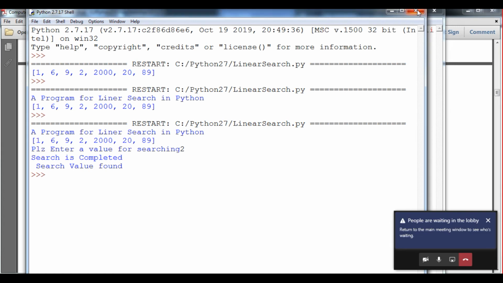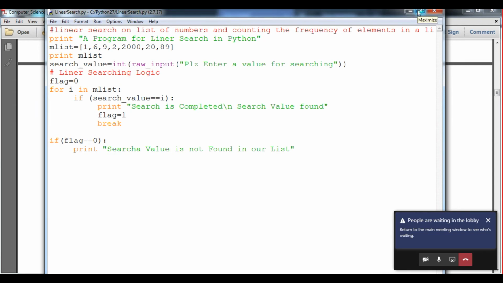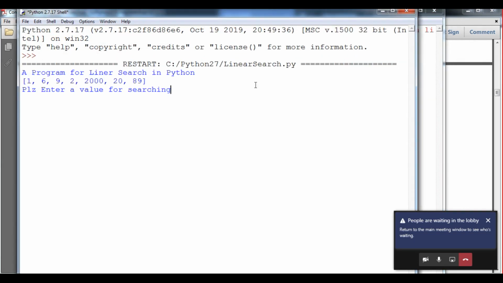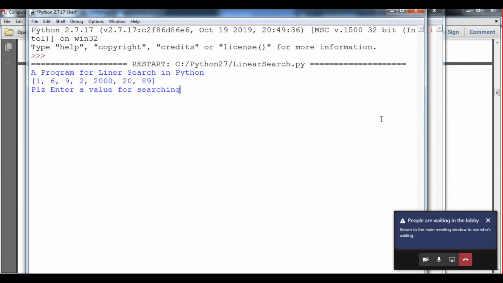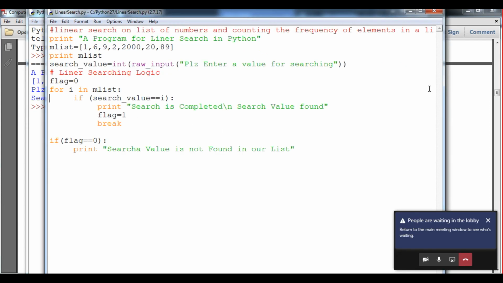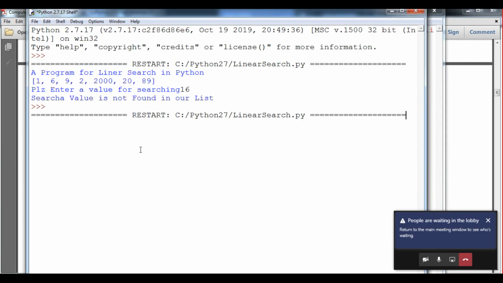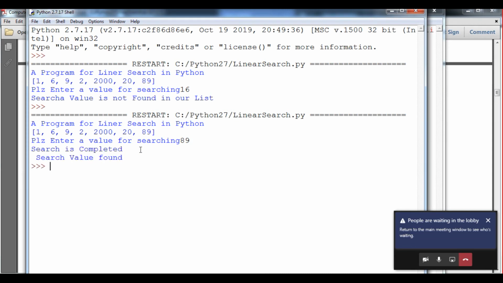Again I interpret it and give a value like 20, which is in my list, and the value is found. Now with the next run, I enter 16, there is no such value, so you can see the search value is not found in our list.